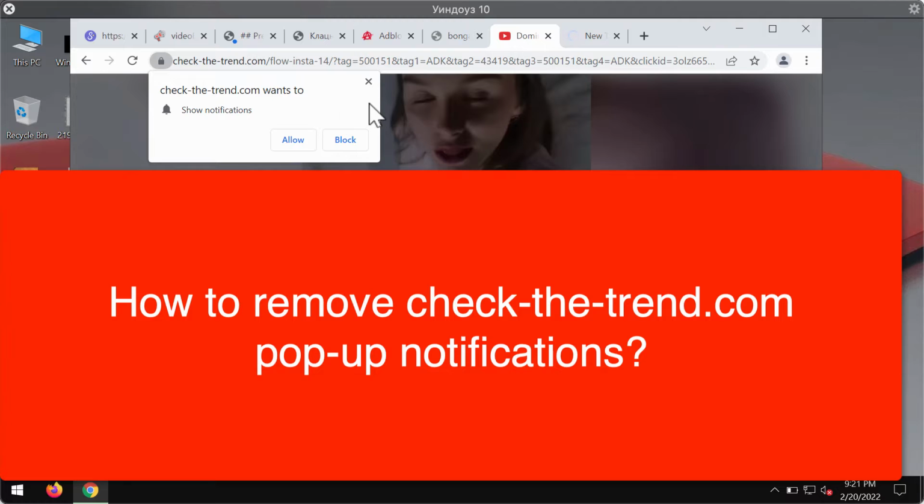It tries to make you click on the allow button, supposedly to help you watch some filthy data displayed by these pop-ups. On one hand, these pop-ups are not suitable for certain categories of people. On the other hand, these pop-ups are also dangerous because they try to make you click on this special allow